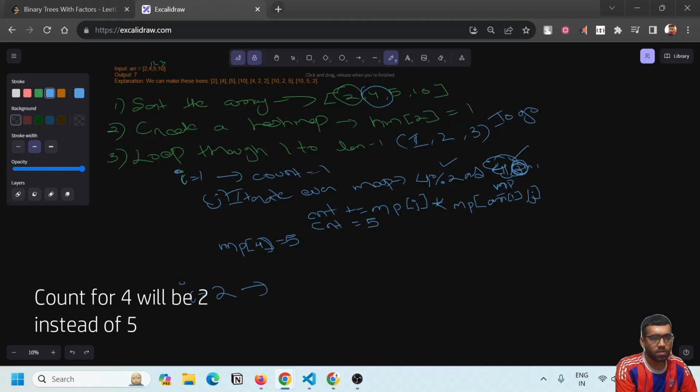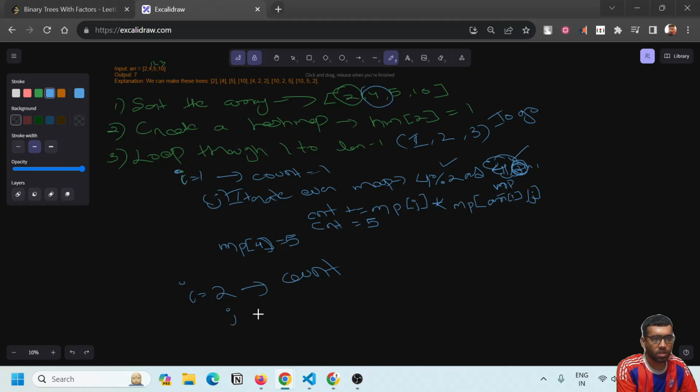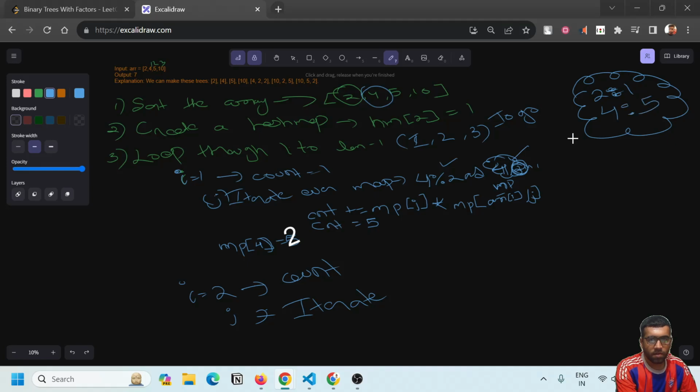So similarly we'll take count as 1, we'll iterate j, iterate over map. And what do we have in map? This is our map, and this is 2 is 1 and 4 is 5. Then we iterate over map and check if the current value, that is 5,